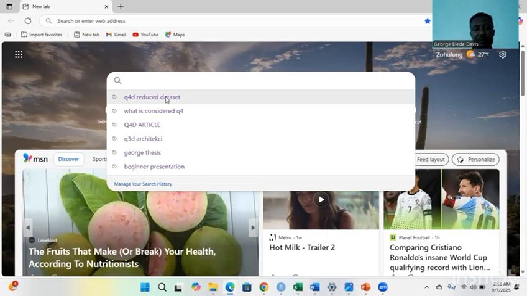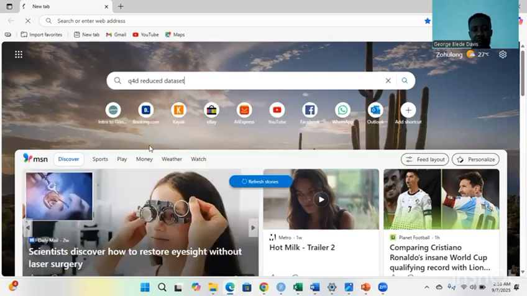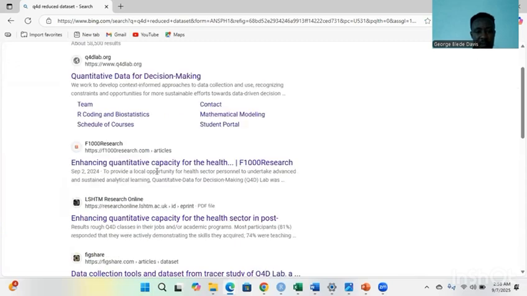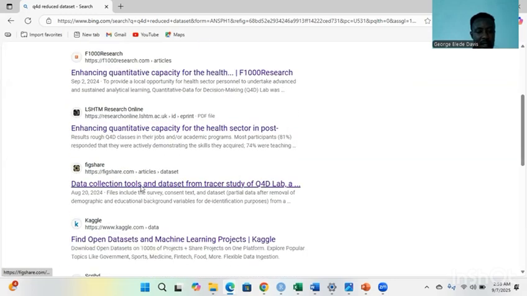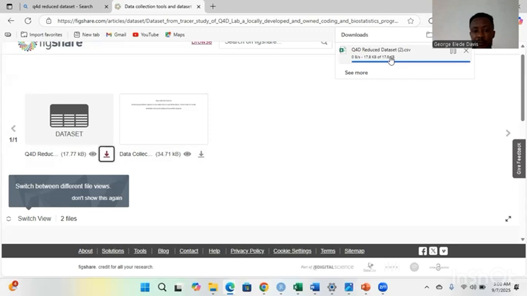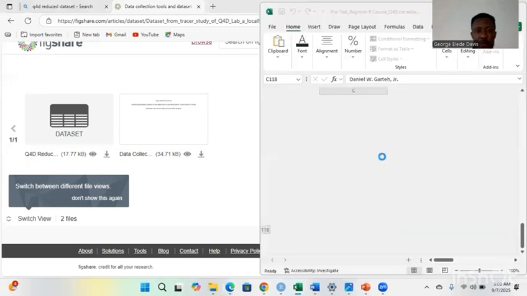This is our website, everything about Key4D, what we do there. This is the paper. You can read it to know some of the things we've been doing at Key4D. And this is the dataset. Figshare is a repository where people publish data after they have completed a study. We download the dataset from here. There is the dataset. We already have the dataset.